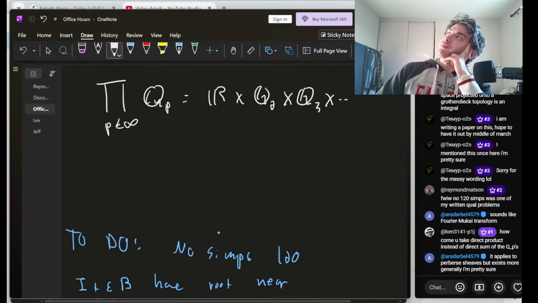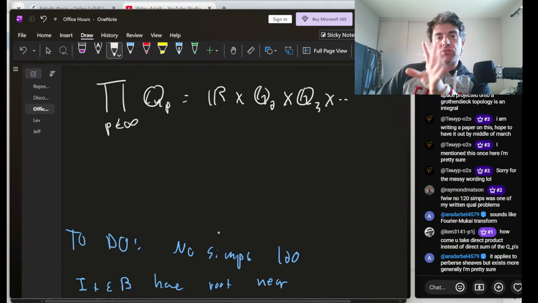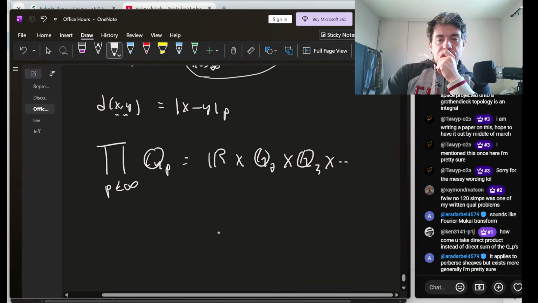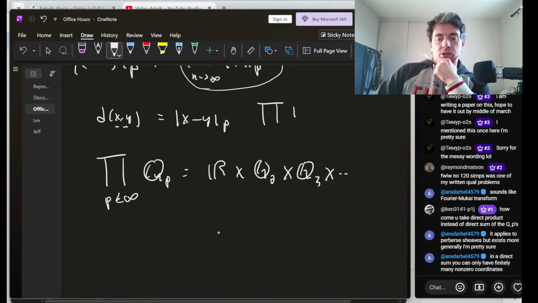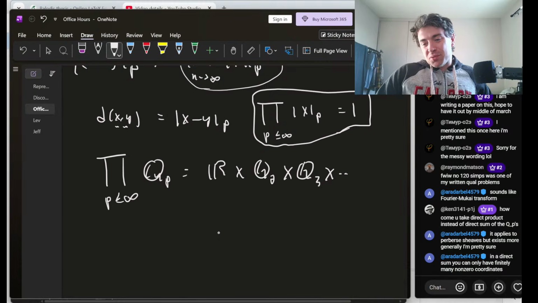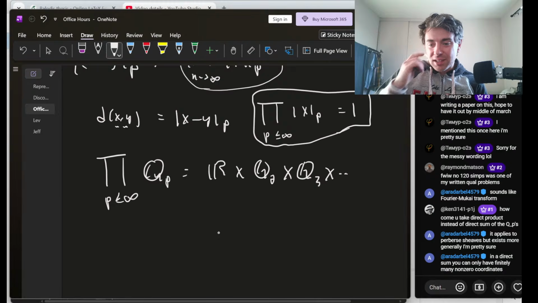I have some ideas. There's a theorem I could say that makes things sort of interesting from a multiplicative standpoint. I mean, for instance, if you take a rational number, and you take the product over all of these, then this is one. So I don't know. Vibes wise, there's something nice going on with multiplying everything together. I guess I would say that.